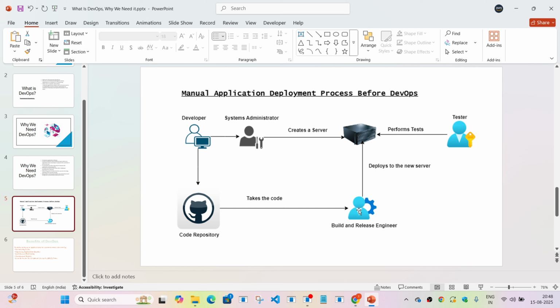Once the code is deployed to the server, another person called a tester is going to test the application. He's going to perform some tests manually on this application that has been deployed, and he's going to share the results with all the stakeholders relevant to this application.